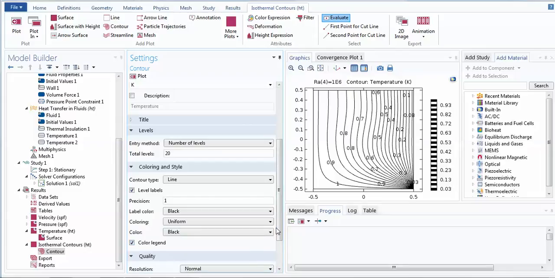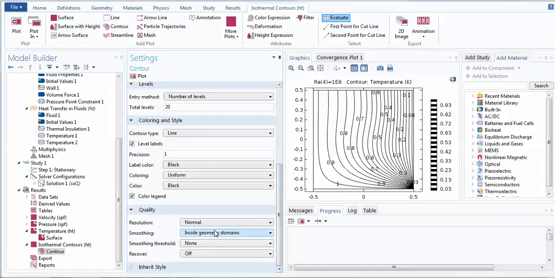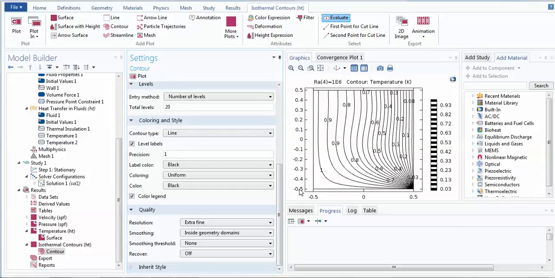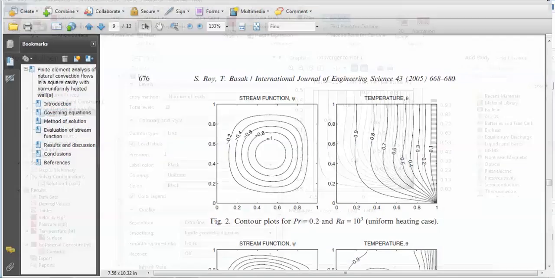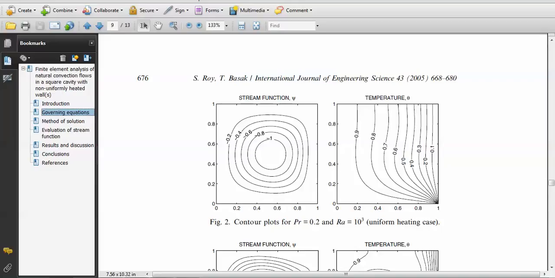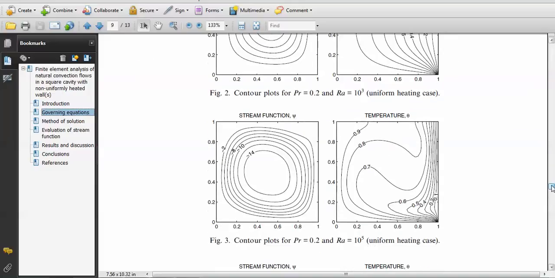So you can change the quality and the resolution also. So the resolution has now been increased, and this is the temperature, and you can see that this is almost the same result as with this console. And I am not going to verify exactly, but still I can check for the other. The second is the same, but the Rayleigh number has now been changed.